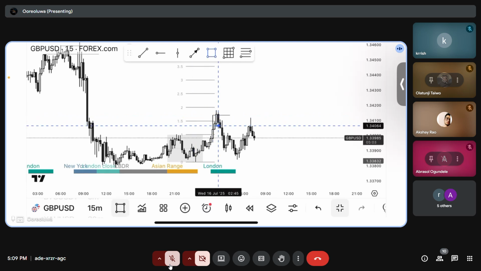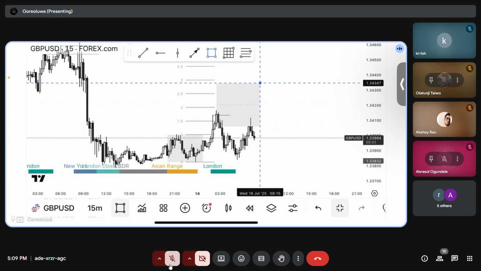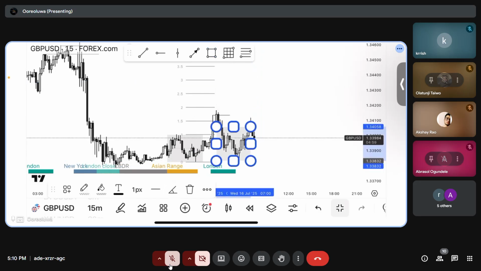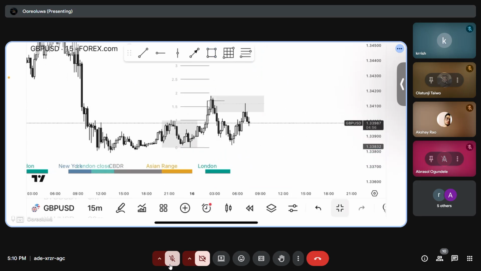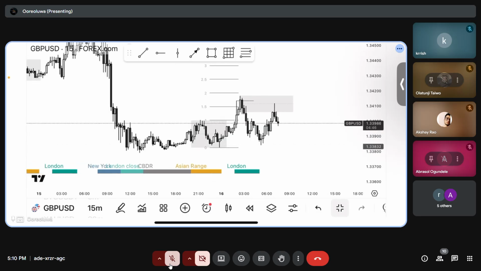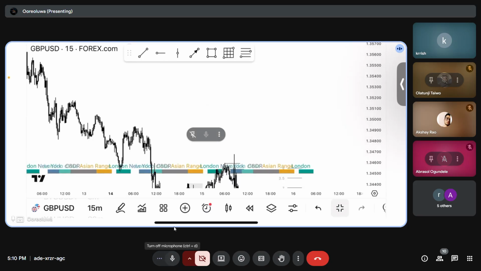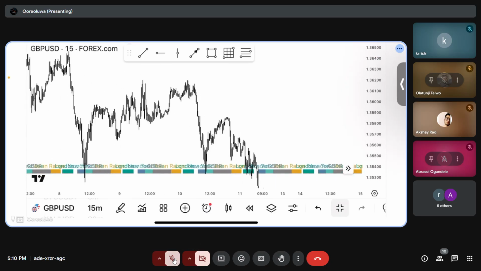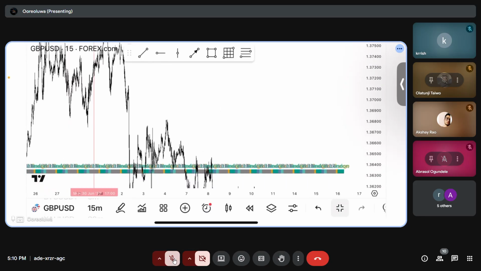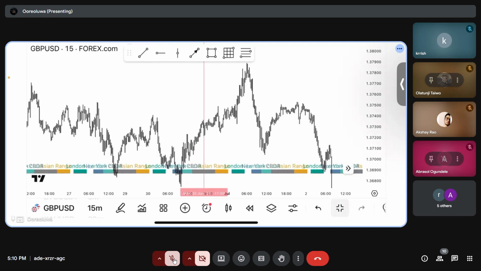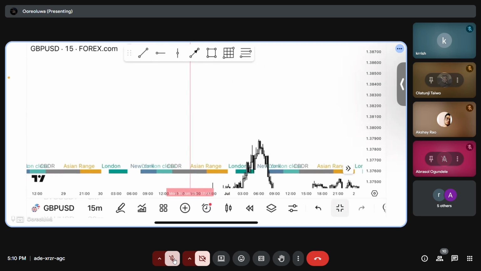So target your sell from this point. I'm sure this is New York, but this is not really happening during New York. So you wait for New York to open right there. All right, so that's it. And other trades also, like this long sell. Look at it. You can see it aligns with key time.